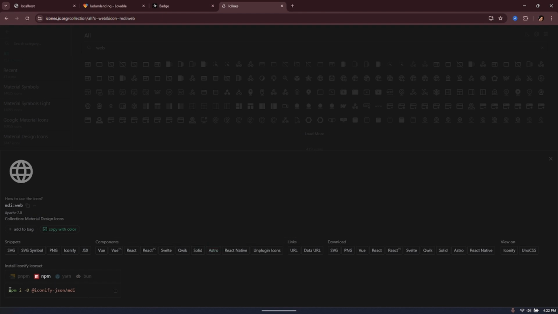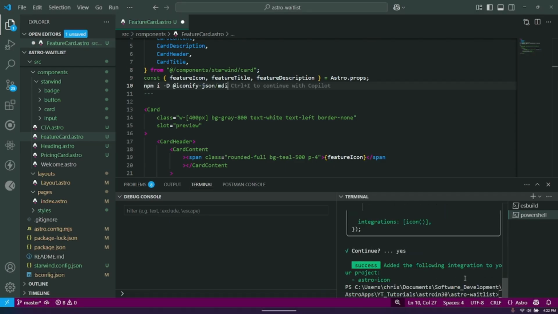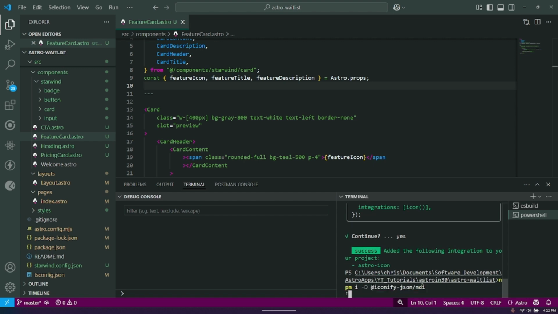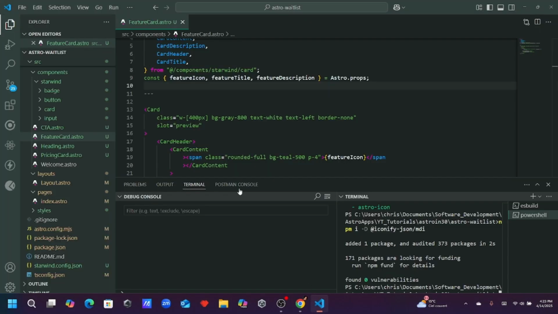There, this is what we want. Oops, sorry. In the terminal we want to paste the iconify and then we just copy md-web